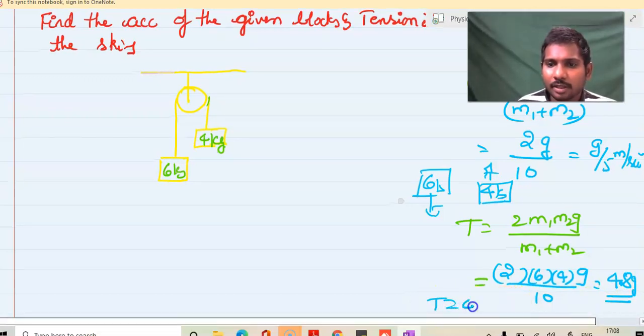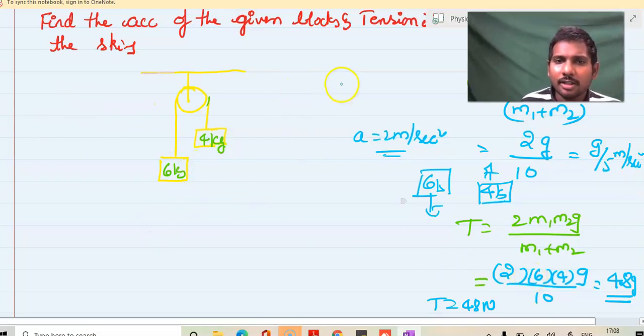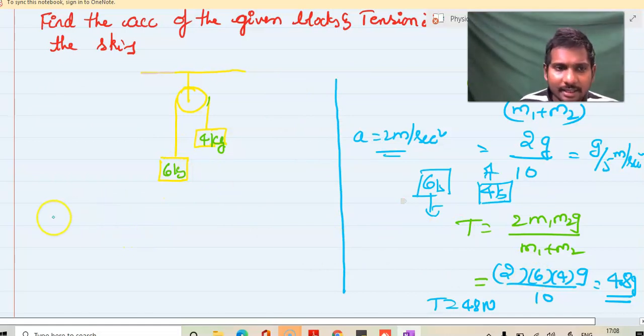Tension is 48 newtons and acceleration is 2 meter per second square. One block goes down with acceleration 2 meter per second square and the other goes up with 2 meter per second square. But you can still solve this problem using basic conceptual understanding,